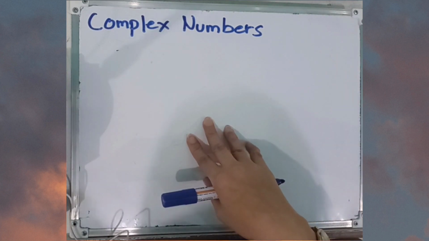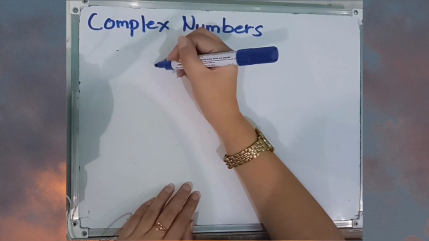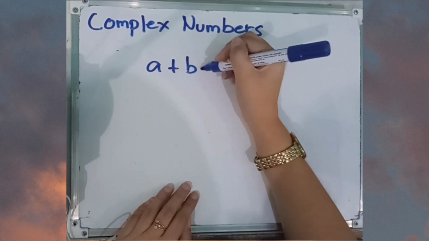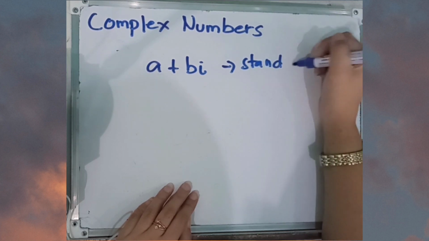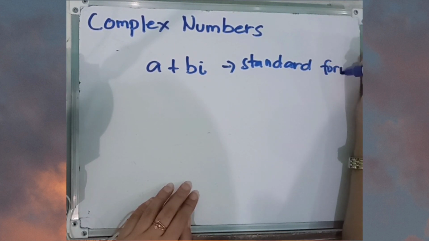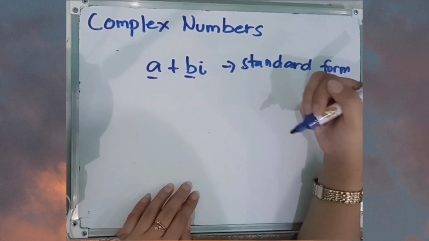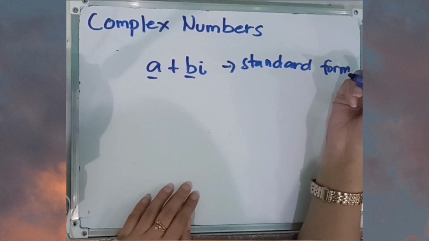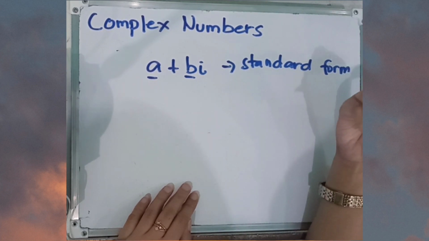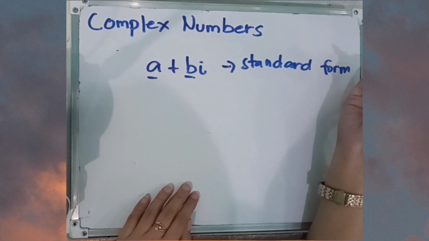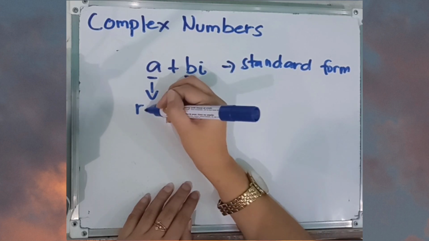So going back to our main topic, complex numbers. Complex numbers are numbers in the form a plus bi. This is the standard form of complex numbers. Take note, a and b are real numbers, and they can be anything. a and b can be positive, negative, zero, integers, fractions, or decimals. It actually doesn't matter. a is called the real part,